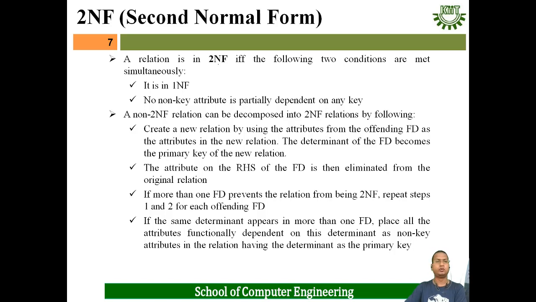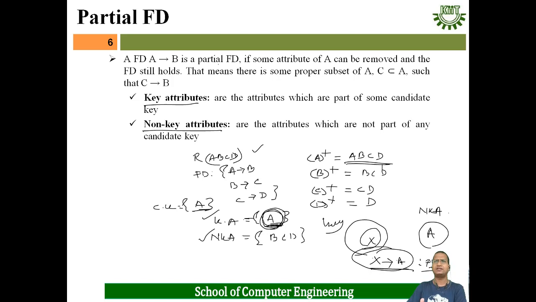Now we will see 2NF, or second normal form. This is all about 1NF. What is 1NF? There should not be any multiple values in one single cell. That is the first thing. And second thing is atomicity will be maintained. That means each cell contains only one value. And third thing is how to convert a non-1NF relation into 1NF relations. I have already told you 3 ways. But the best way is representing a multi-valued attribute in different columns. That is the best way to convert a non-1NF relation to 1NF relation.